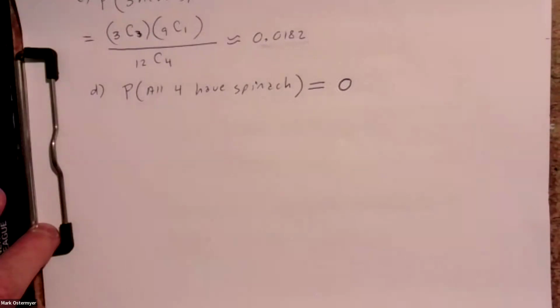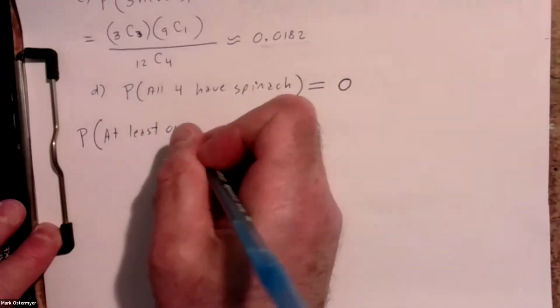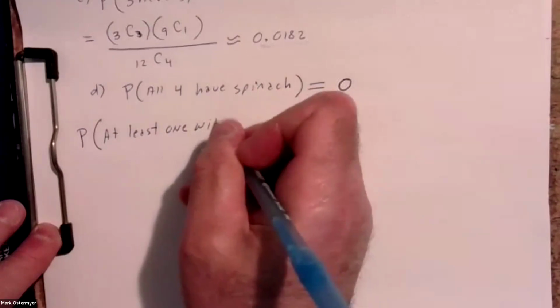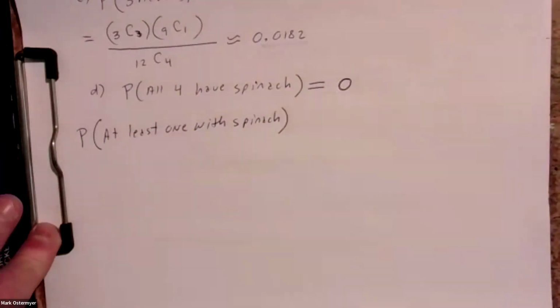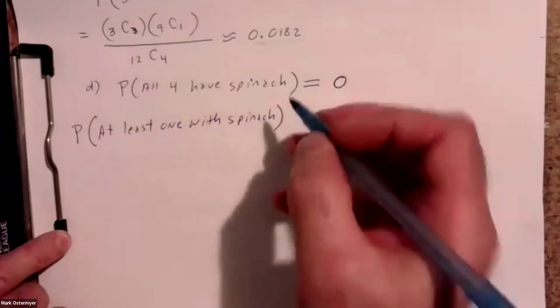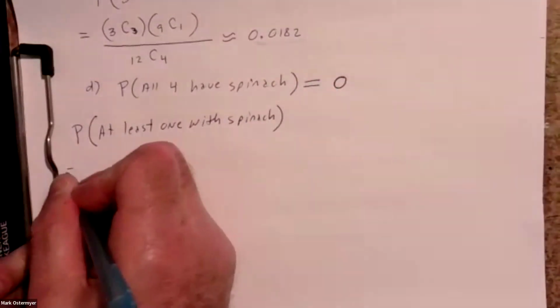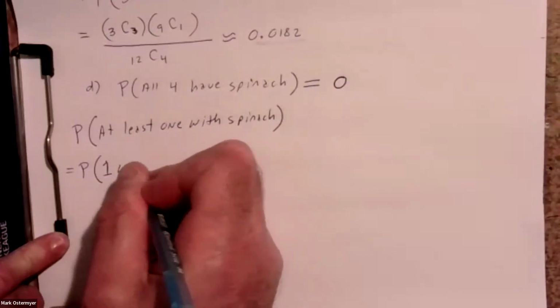All right, I promised I was going to do part B for you. This one, B, is a little bit more challenging. It says, what is the probability of choosing at least 1 with spinach? At least 1 with spinach. Well, I'm going to say at least 1 with spinach really means what? At least 1 is really saying that I could choose 1 with spinach,